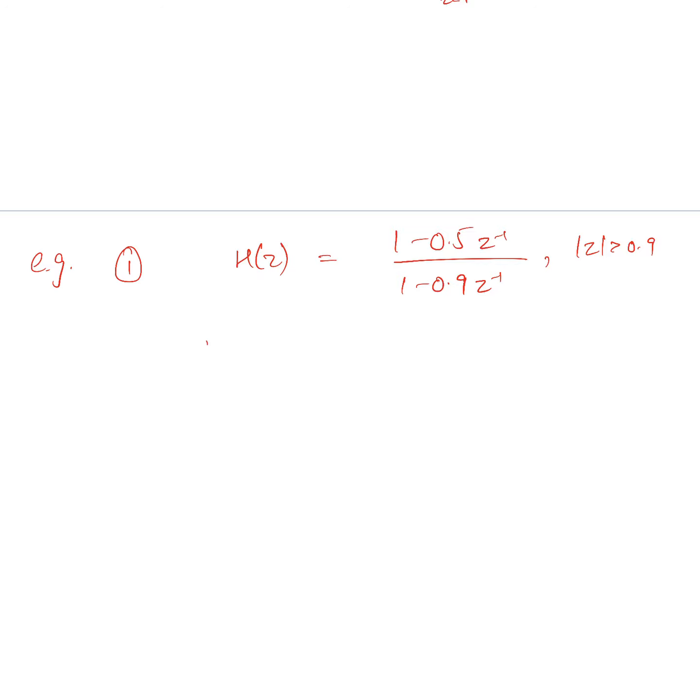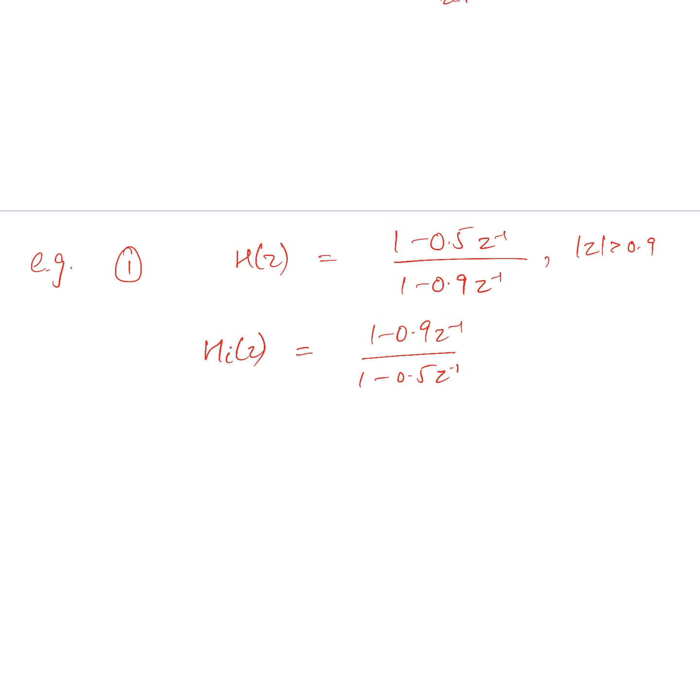Okay, so if I straightforwardly use the above formula for computing the inverse of this function, hi of z would be 1 minus 0.9 z inverse over 1 minus 0.5 z inverse, right? It's just the inverse of the above rational function. So you see that in the inverse function you have one pole located at 0.5. So with this one pole there are two possibilities now for the ROC.